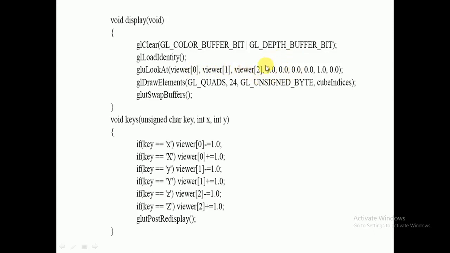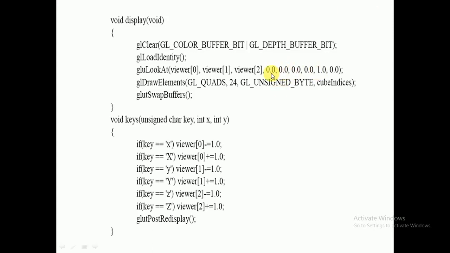Then where are you looking? I told you that you always set a center point. Whenever you set a camera, you adjust the lens in such a way that you target one center point. Why do you target a center point? Because from that center point, you want to cover some portion on the right side, some on the left side, and then the bottom and top. That is why you have to set it. That is look at.